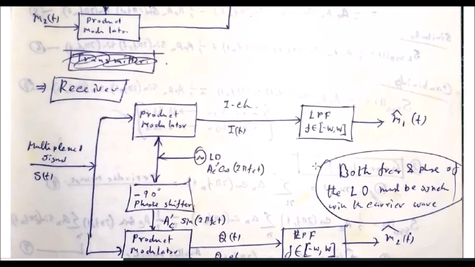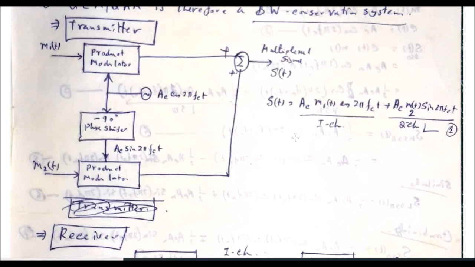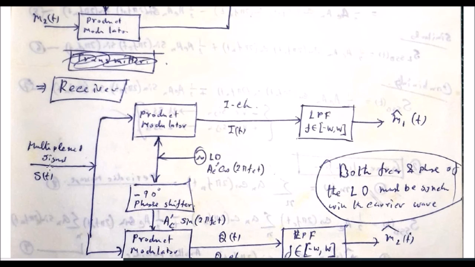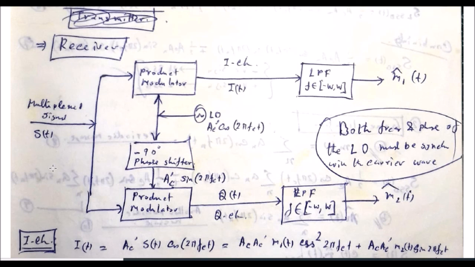Okay, at the receiver, what will happen? This s(t) will be received. That means this equation number 1 will be received at the receiver. Now what will be done? At the receiver, obviously, a locally generated carrier will be generated. That locally generated carrier will be nothing but the cosinusoidal carrier. Its amplitude may be different, and the received signal will first be demodulated by means of the product modulator with the locally generated cosinusoidal carrier.